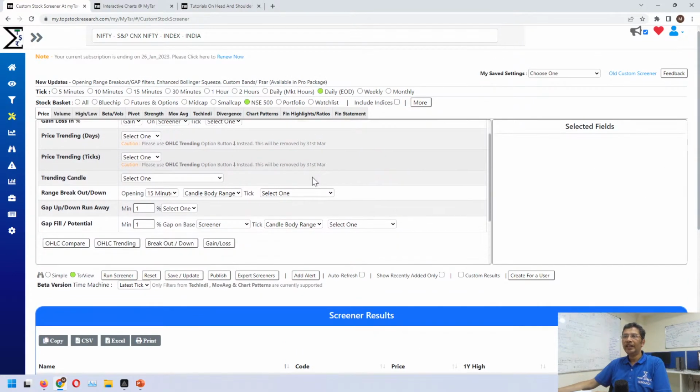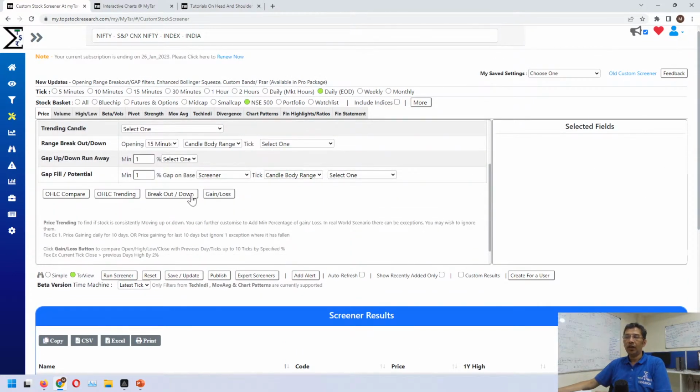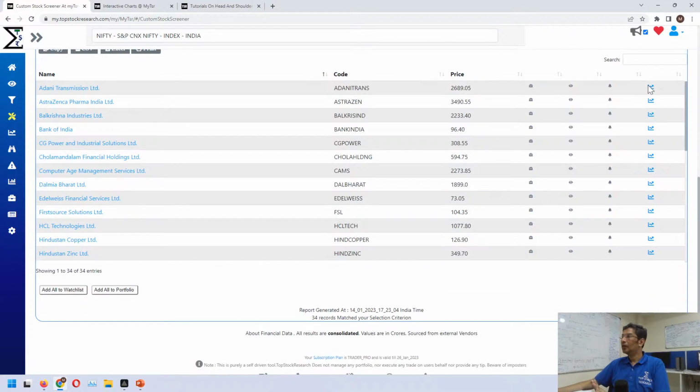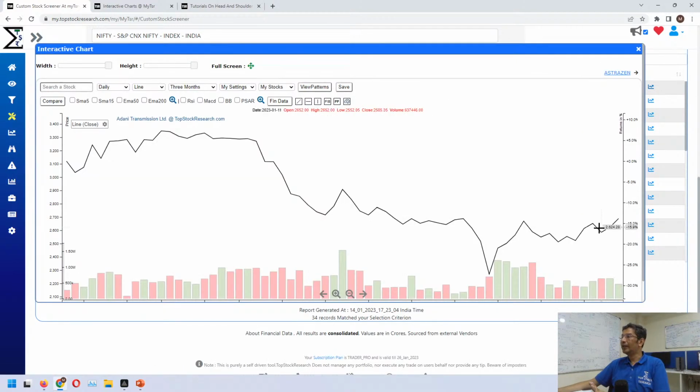So in the OHLC or in the price, we have a breakout and breakdown, right? What it tells you is that the latest close is breaking out of 20 candles, right? The last 20 candles. So let's run it, right? So the latest close is higher than the last 20 candles, okay? So when you look at this,